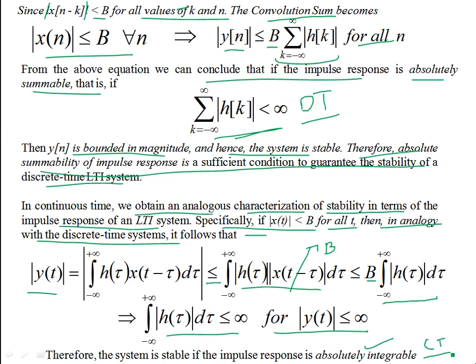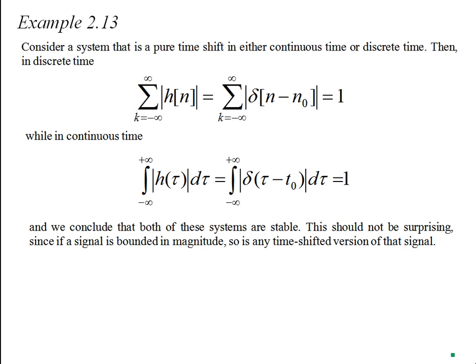So you see, for an LTI system, the impulse response happens to be its signature, right? So impulse response is important in that it completely describes the behavior of an LTI system, right? So all this discussion is valid for LTI systems. Okay, we are not talking of nonlinear or time-varying systems.